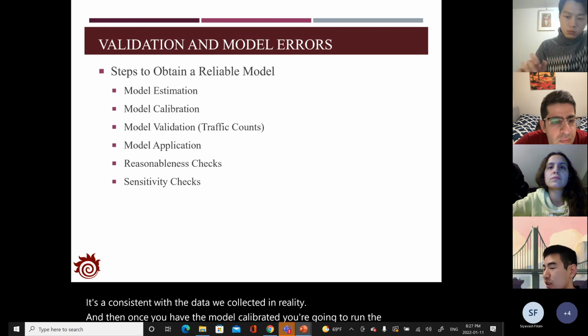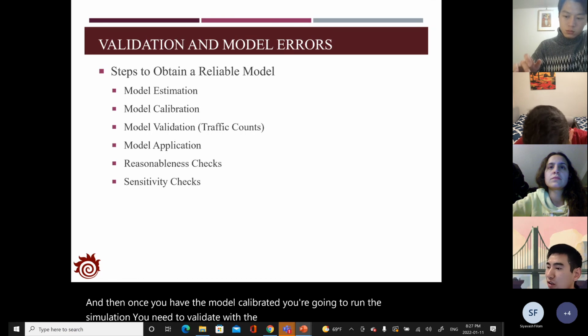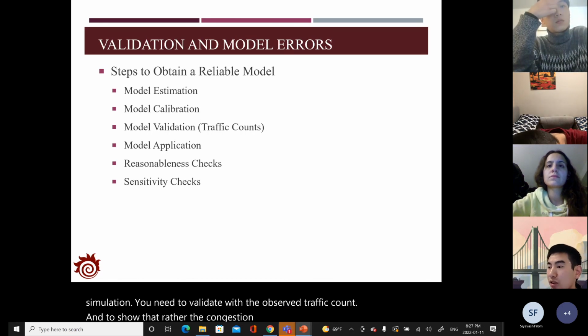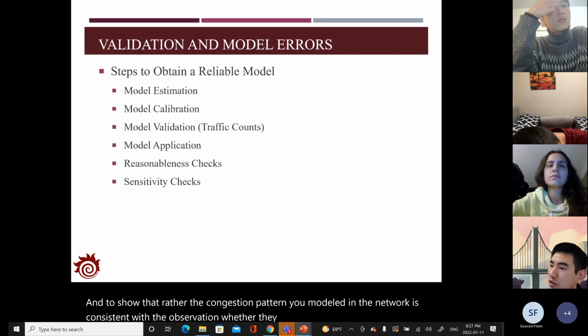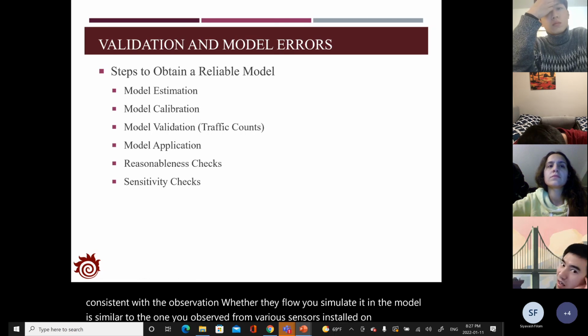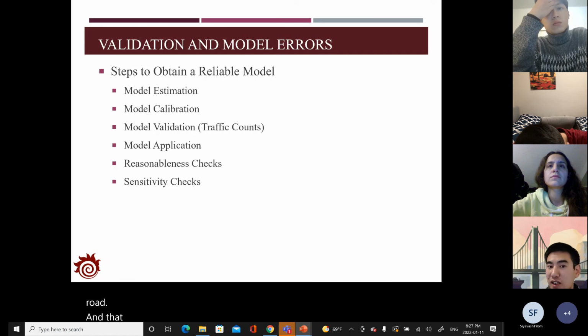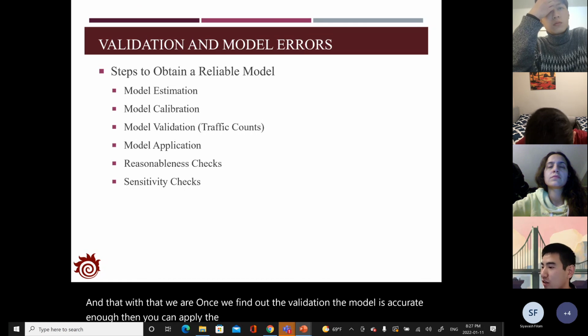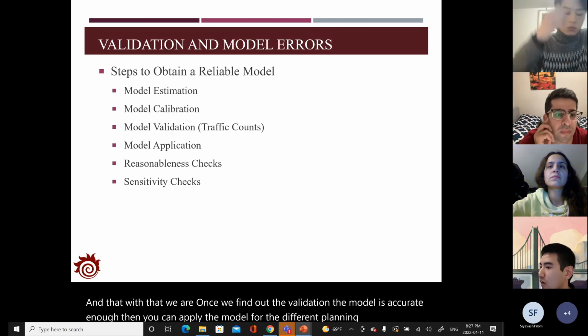You need to validate with the observed traffic count, and show whether the congestion pattern you modeled in the network is consistent with the observation, whether the flow you simulated in the model is similar to the one you observed from various sensors installed on the road. And once you find from the validation that the model is accurate enough, then you can apply the model for different planning projects,